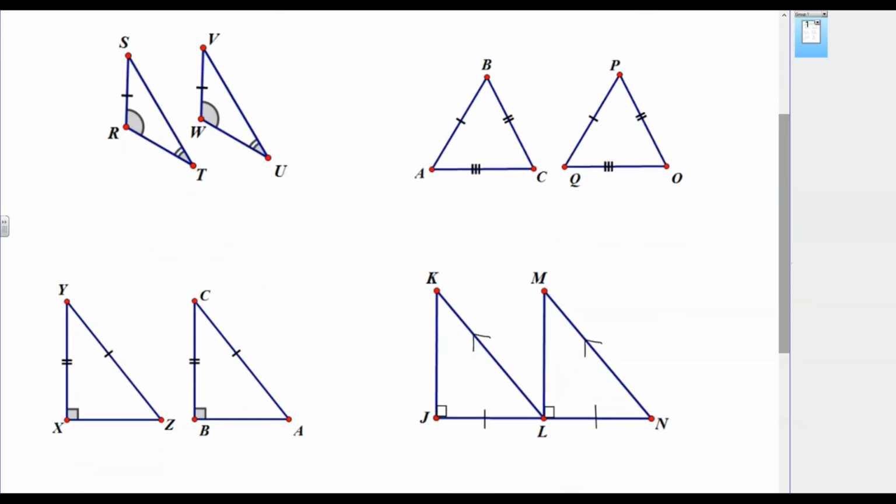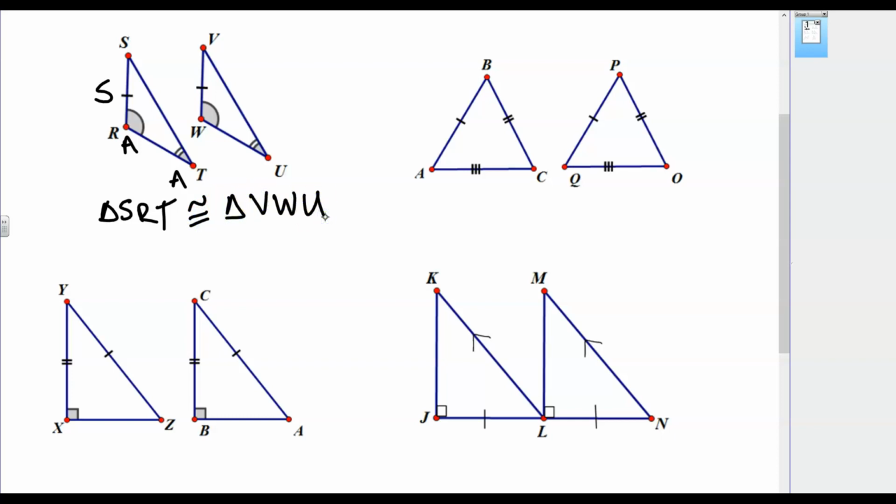congruent. So when I look at two triangles to determine if they are congruent, I look at their markings, and I make sure that the markings are in the same order, which these are, and then I identify what is marked. Here we have an angle and a side marked, and if I look, I've got 2 angles and a side where the side is not included between these 2 angles. So this means that triangle SRT is congruent to triangle